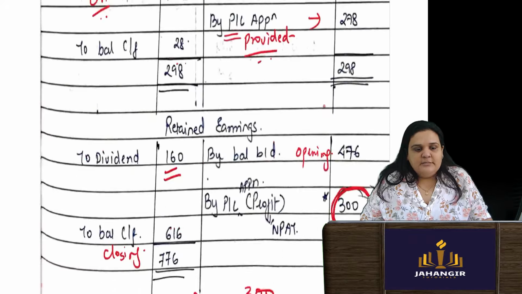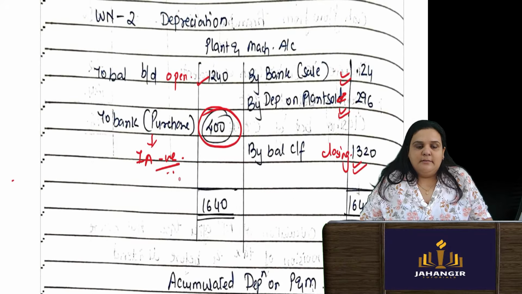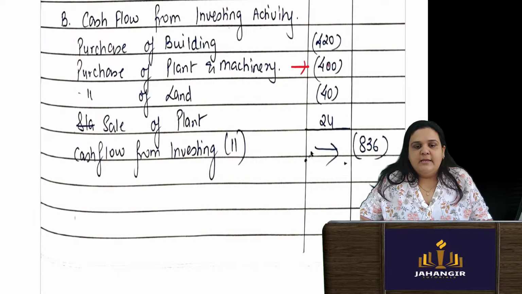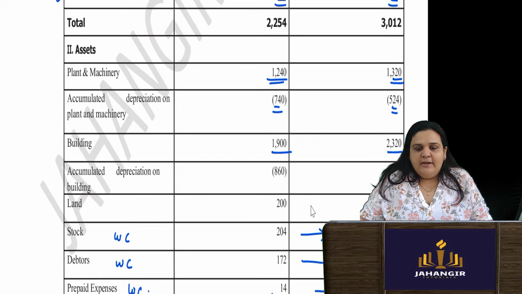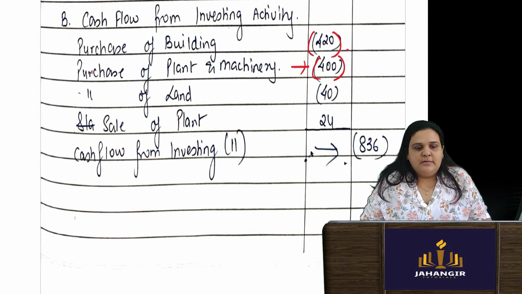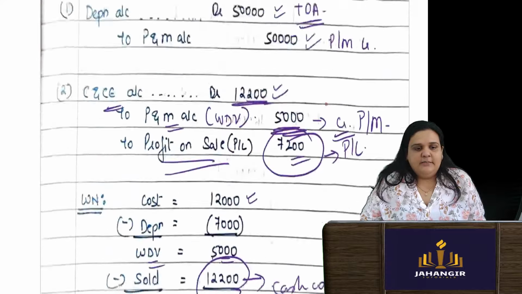Now cash flow from the investment activities. We have made ledgers. I told you in investment activities, we have purchased a plant that I am going to write for 400 lakhs. So purchase of plant and machinery negative 400. We have also purchased the building. We have made a ledger, negative 420. Then anything else is there? We have a land also. Land from 200 has become 240. So there is a purchase of land. Land does not depreciate, therefore there is no depreciation. So again negative 40. And there was a sale of plant. Right? Sale of plant here.